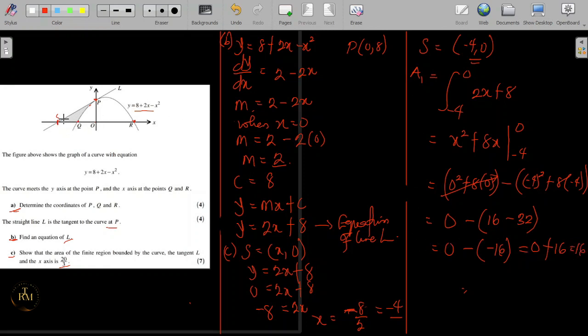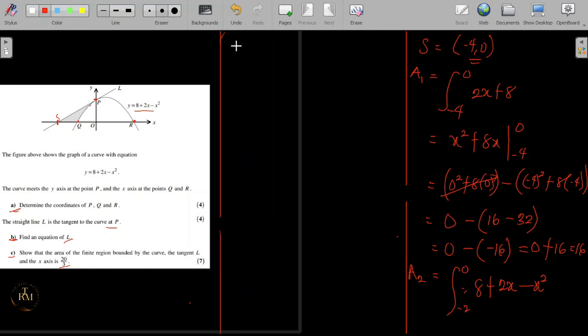So for the straight line bounded by this particular region, the A2, which is the second area, will be for the curve. So I'm going to take the curve, which is actually from minus 2 to 0. Minus 2 being the coordinate of the point on the x-axis, and 0, which is the origin. So I'm going to have the integral from minus 2 to 0 of 8 plus 2x minus x squared. All right, so integrating this one,